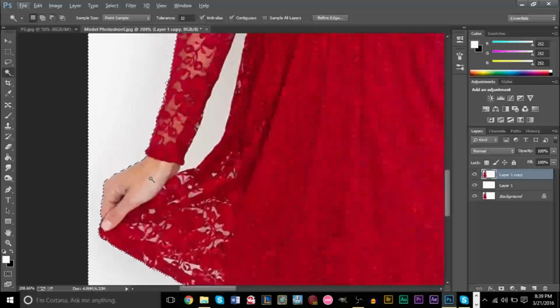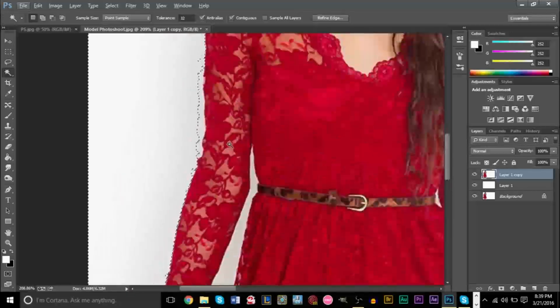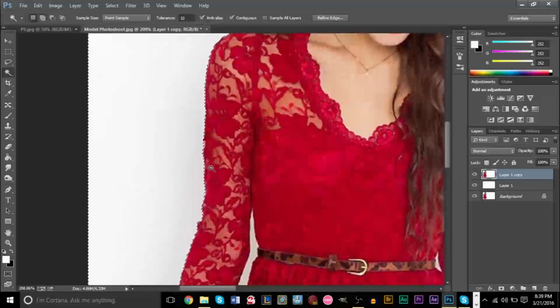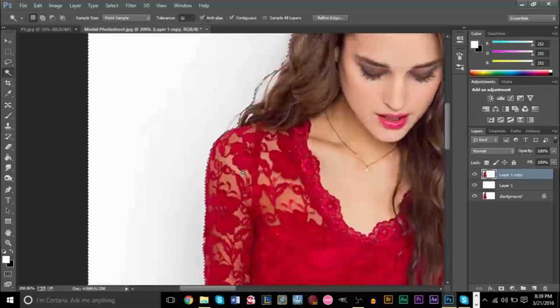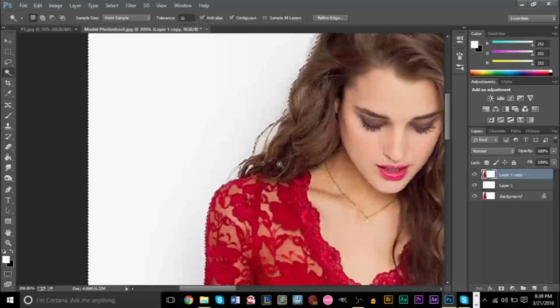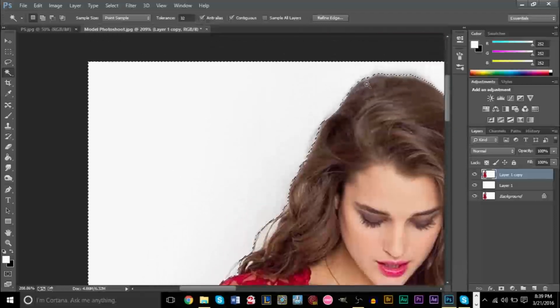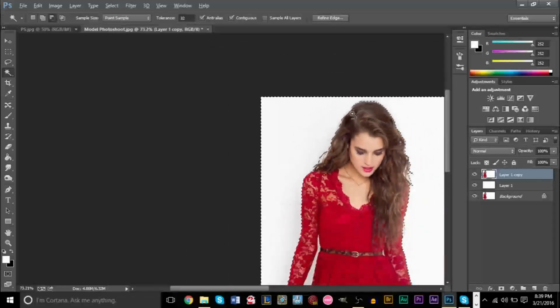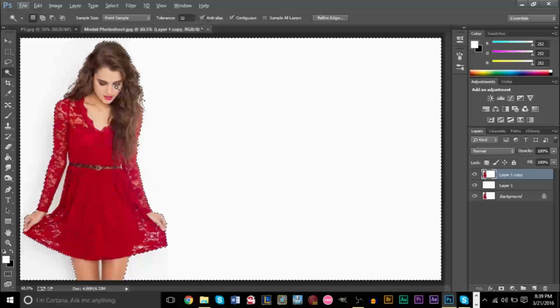Let's go ahead and go around and see if there's anything else we need to add. Right here, go ahead and press Shift and click, and that will add that to the selection. Anything else here? The hair seems to be done fairly well. So after that, if you're doing a girl especially, and she has like curly hair, or it's